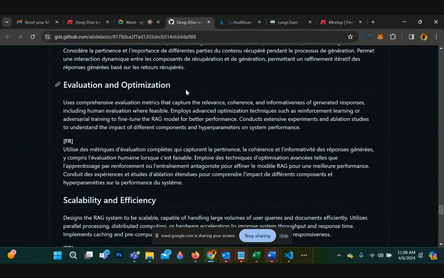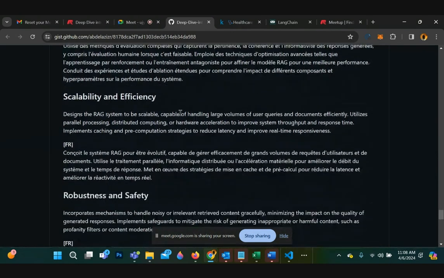How relevant is the output to the question that is being asked? Of course, you have to think about scalability, right? In any system, is the system that you've built able to handle the load? All right. So are you doing this in-house, or are you doing this on the cloud?